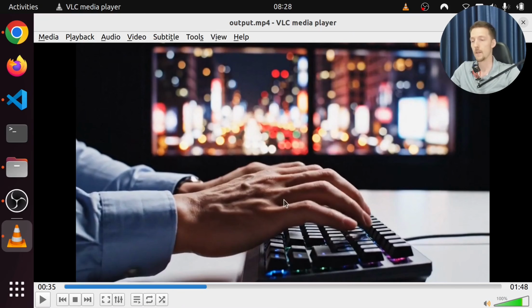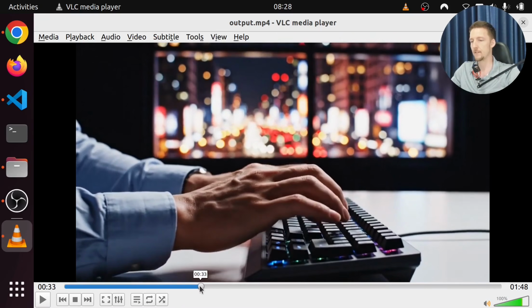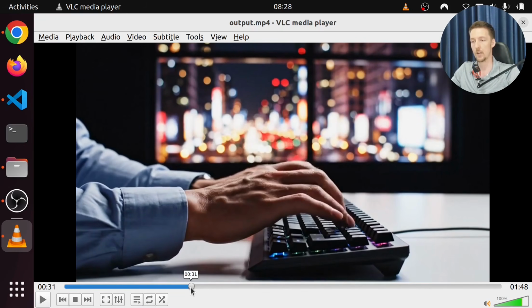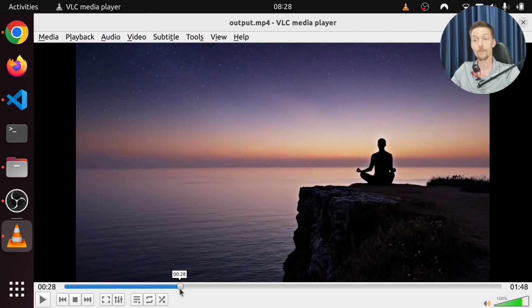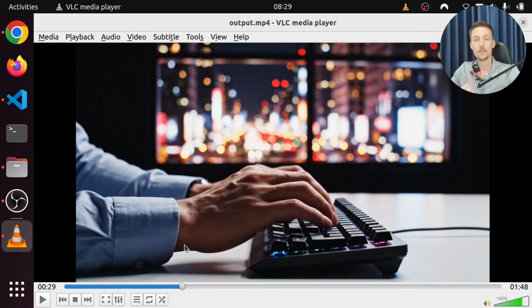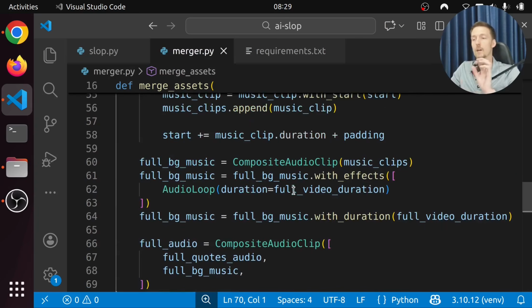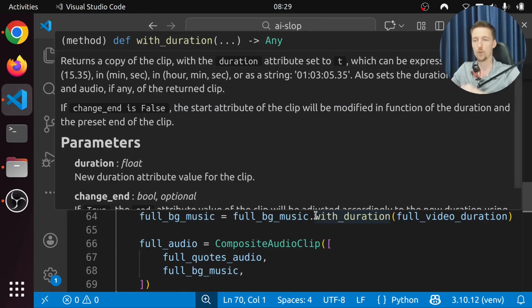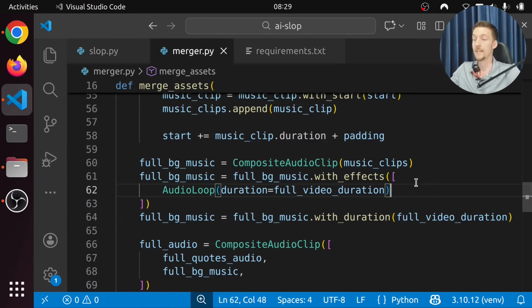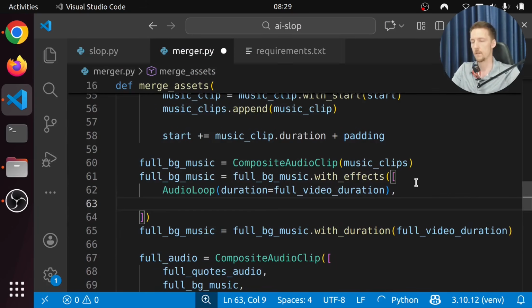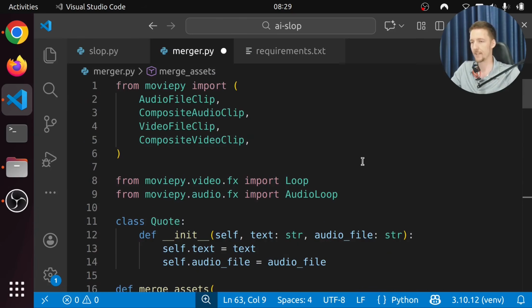And also, I would like to add a fade to when the background video loops, because right now it just changes directly from this to this. So let's try to do that. Also, I think we should lower the volume of the background music. So let's do that right now. So let's add to the effects something. Let's see what kind of effects do we have in here.